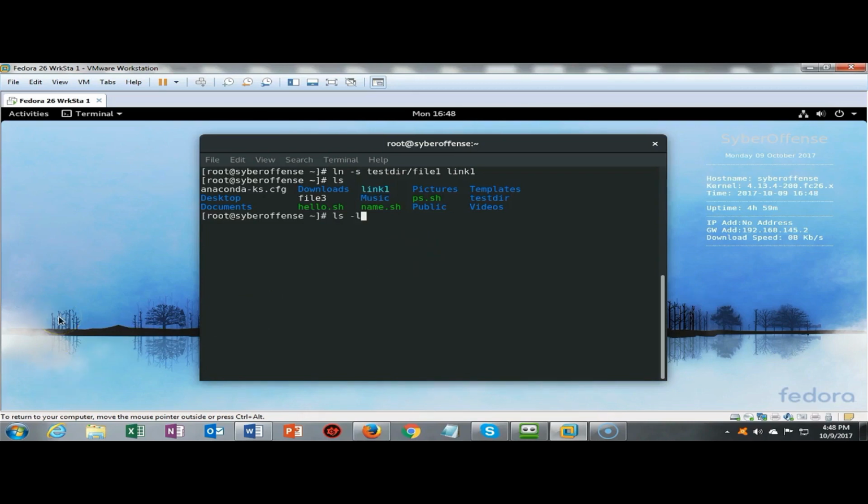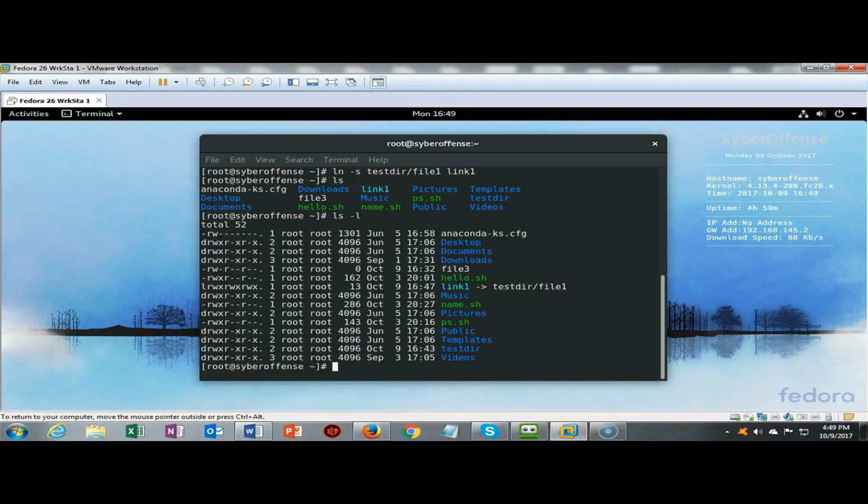To get more information about the files and the directories that are currently located inside of my home directory, I can list those contents using the long format by typing in ls space -l. Now when I hit enter, we get a lot more information about those files and those directories. But you can see that link1 is actually a symbolic link by the reference it makes to the